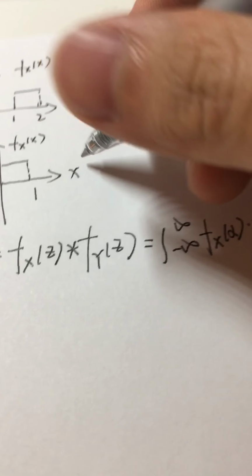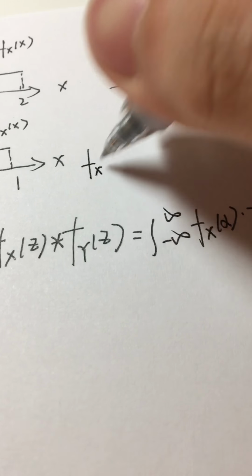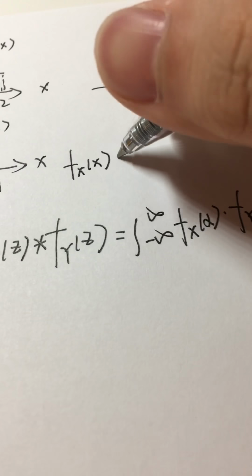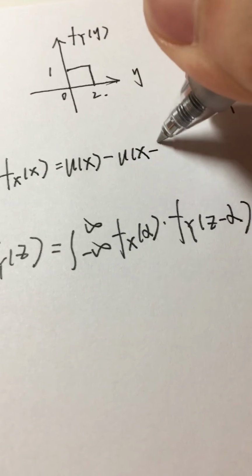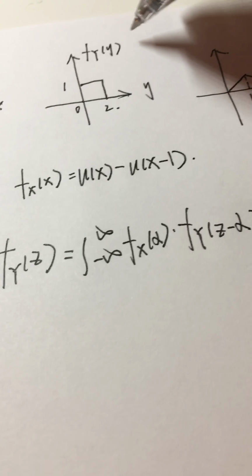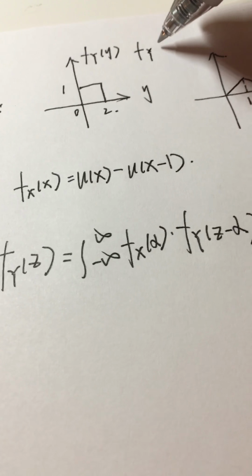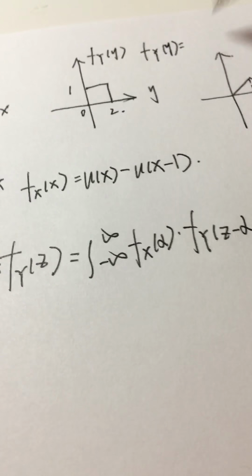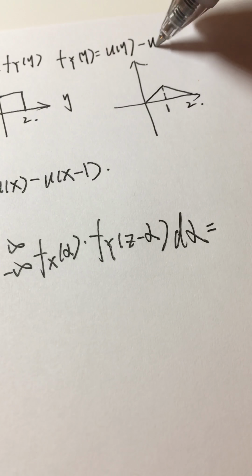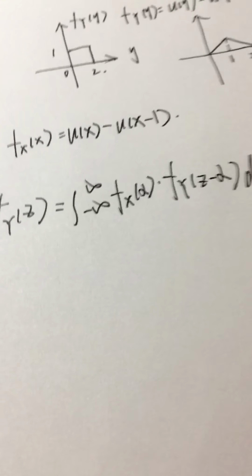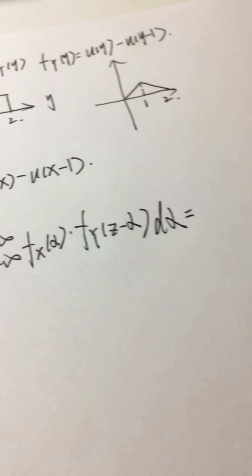By the way, this picture represents f_X(x) equal to u(x) minus u(x-1), and this represents f_Y(y) equal to u(y) minus u(y-1). So we can write this equation